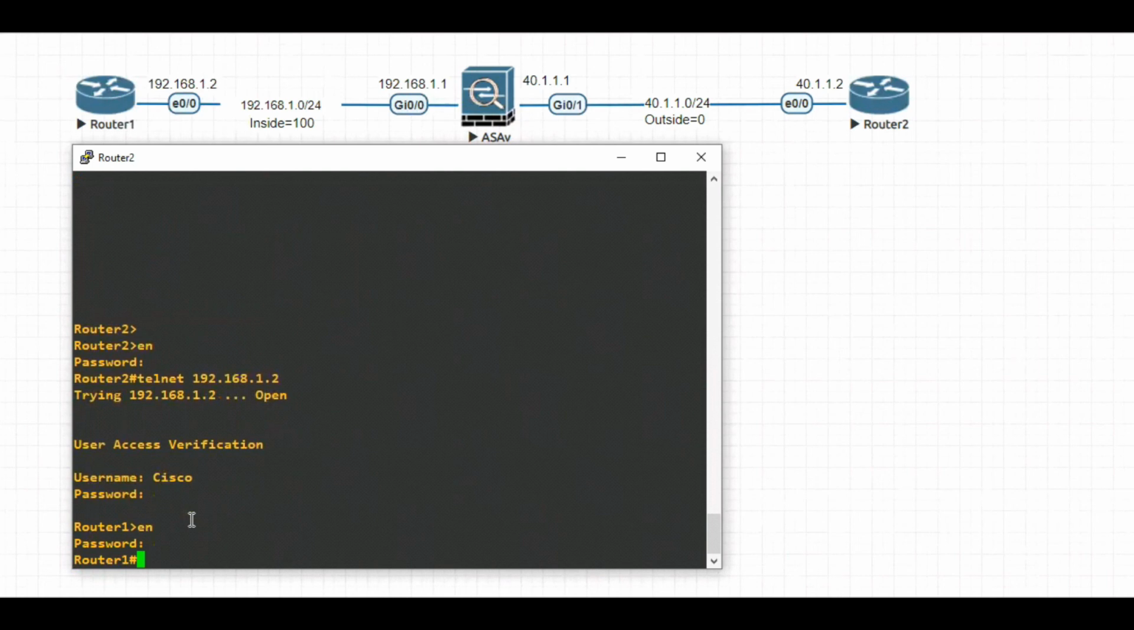If you want to permit traffic to Telnet from outside to your private network, that is, from the lower security level you're trying to Telnet to the higher security level, you can use this access list configuration. It is ACL